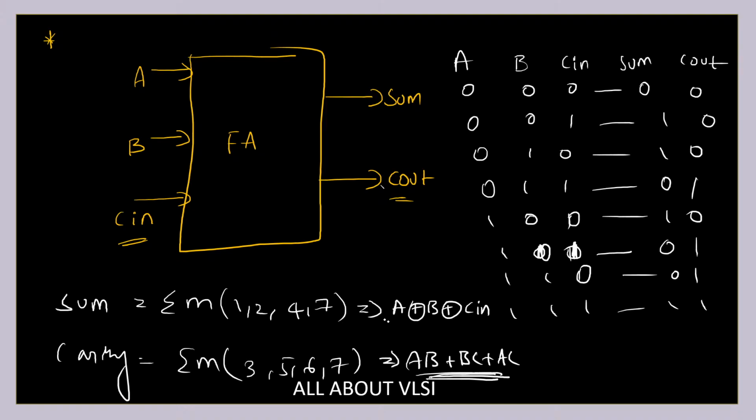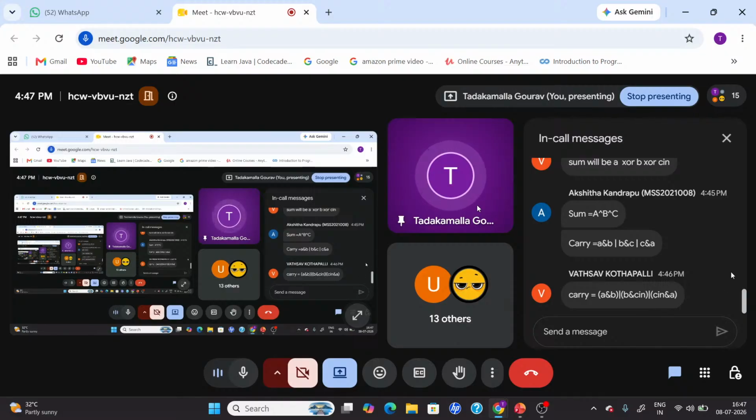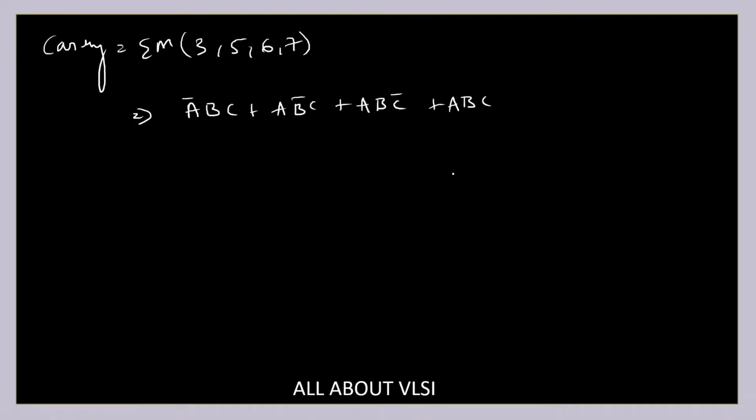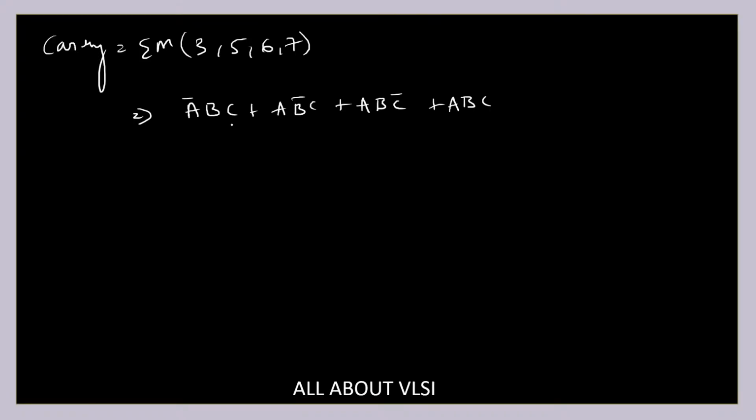Now, instead of this expression, can I get any other expression? So instead of AB plus BC plus AC, can I get any expression from this particular equation? Anyone wants to solve it and let me know? You can take your time and solve this and let me know what is the expression you're going to get. Okay, let me solve it for you. So if you take C common in these two terms,